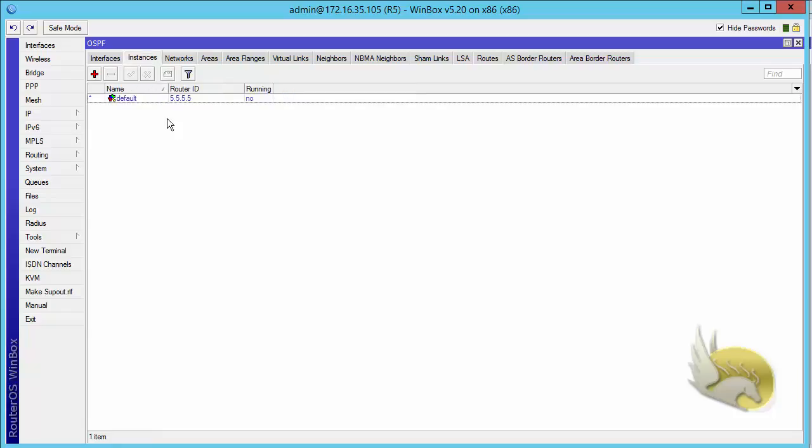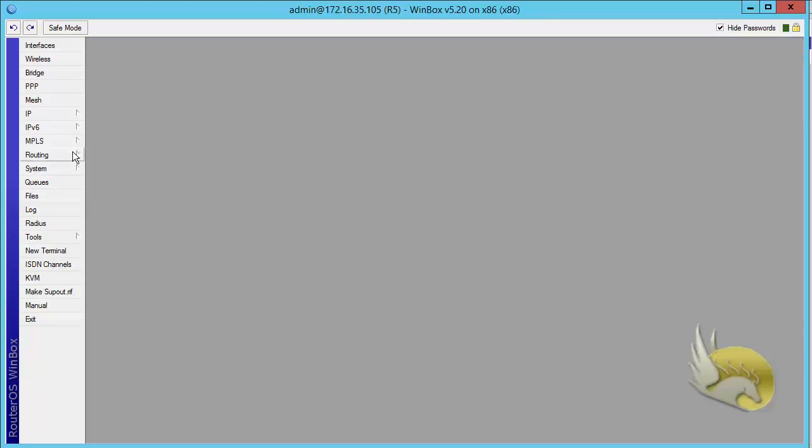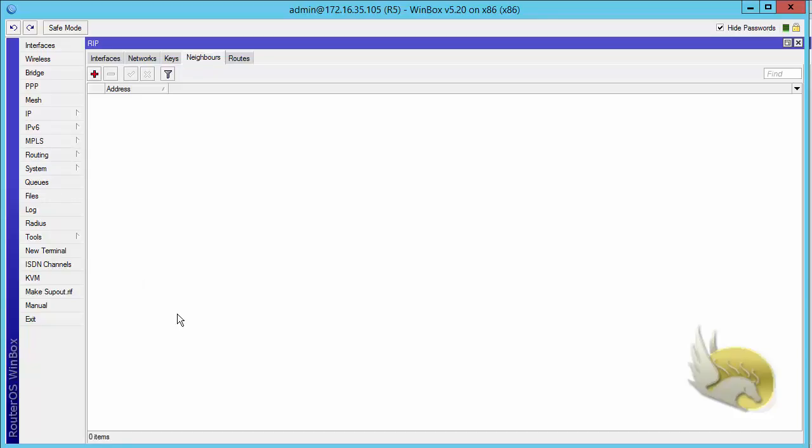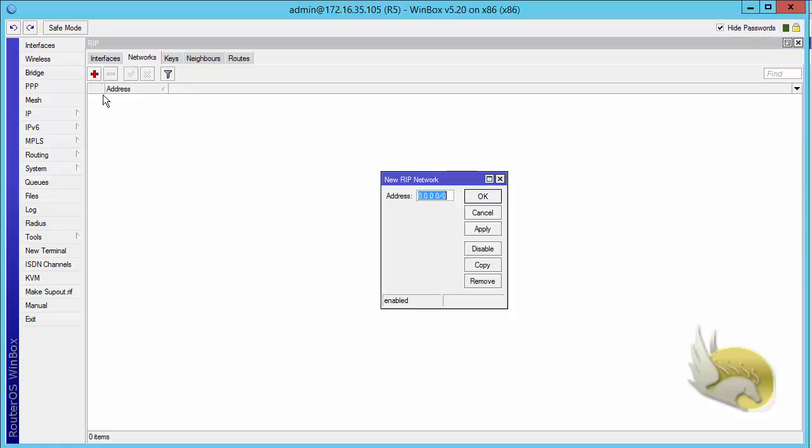I don't want to configure OSPF. So when there is no network here, OSPF is not running. So close this, go to routing RIP, and under routing RIP I need to add some networks. The network is going to be